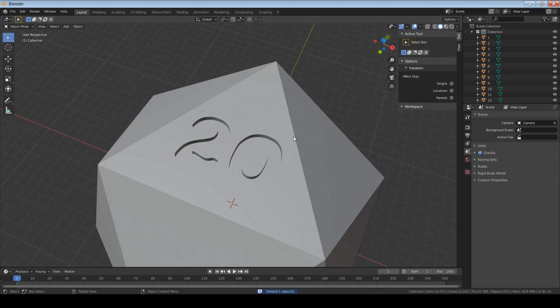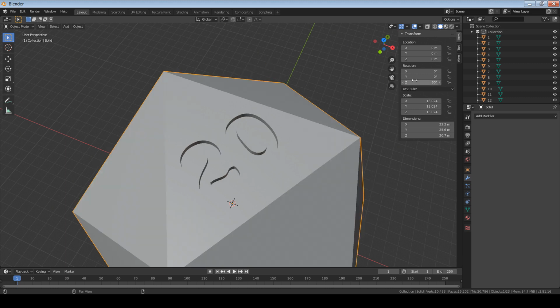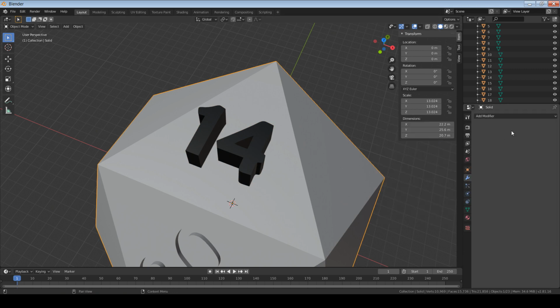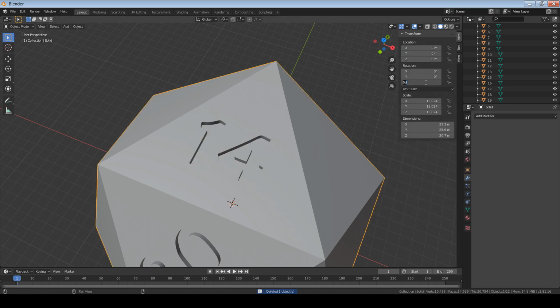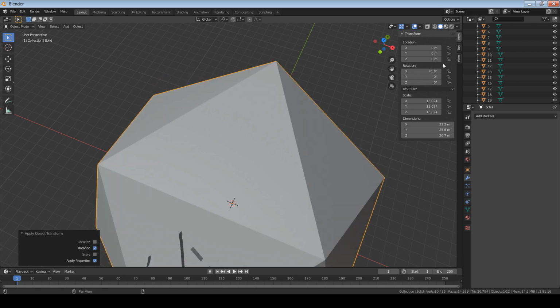Just like with the D12, we're going to be treating the 20 as a central hub, but due to the number of sides, there will be some offshoots from each side that touches the 20. So now you're going to rotate the D20 by 60 degrees on Z, apply the rotation, rotate by 41.81 degrees on X, apply the rotation, grab the number 14 and use all of the settings that I told you for the 20, do the Boolean operation and then delete the 14, rotate the D20 by 60 degrees on Z, apply the rotation, then rotate it by 41.81 degrees on X, but do not apply the rotation, grab the number 6